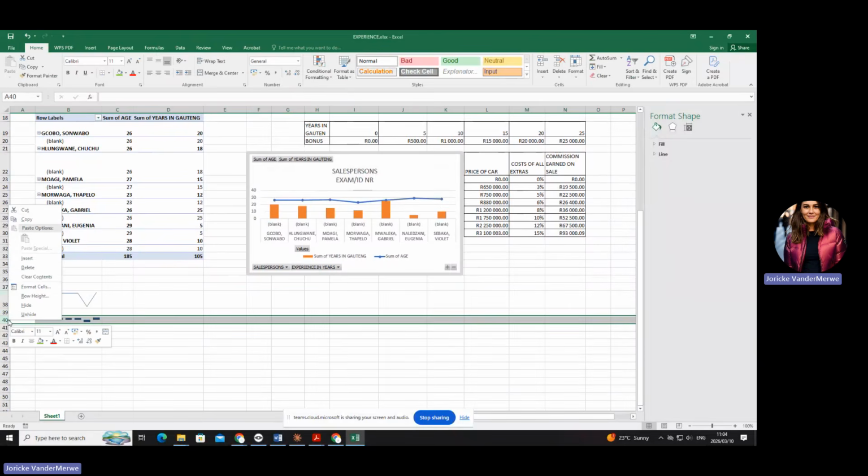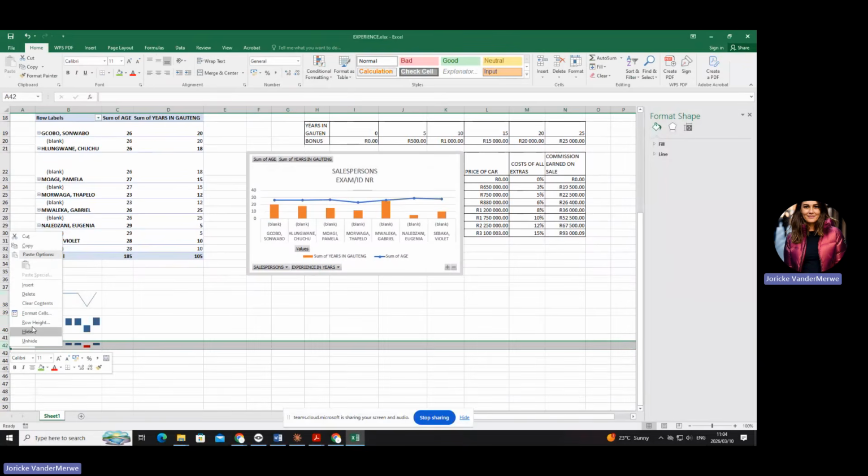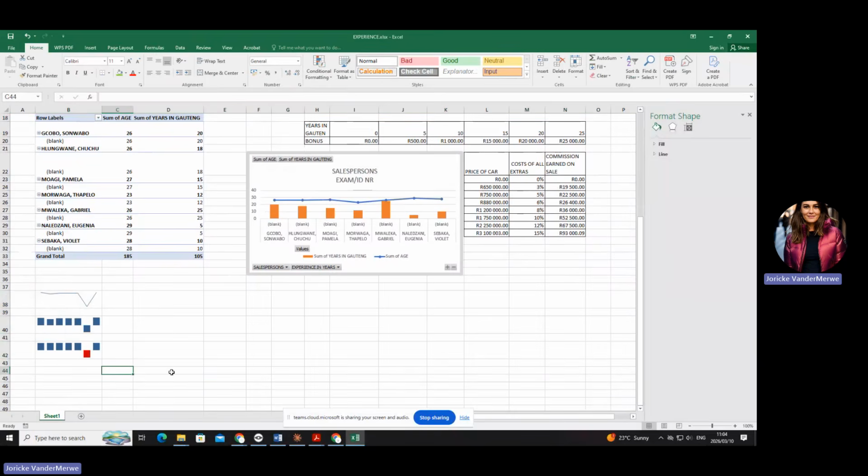And then you'll do that with the same. Right click, format row height, make it 35. Say OK and do it with the last one. Right click, row height, make it 35, say OK, and Bob's your uncle. And then the last one they ask you is you need to insert a border around each. So you're going to go there. How do you insert a border around the cell? Go there and say outside borders. It doesn't say thick, so just use the normal one. Okay, very easy. Are you with me?